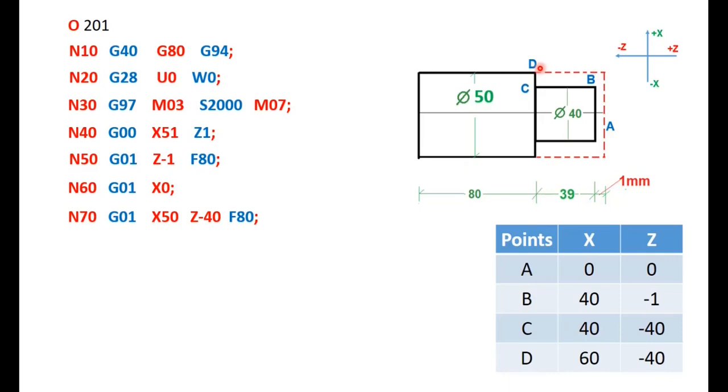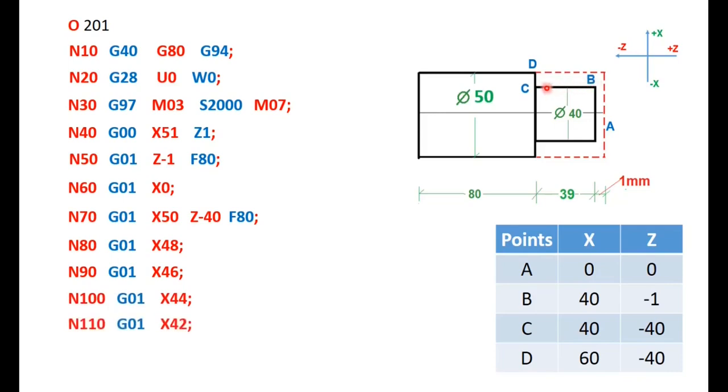Okay. Now that is also linear interpolation. Now I will give X48. So what happens is X is reduced. What I am doing is here 2 mm I'll go on removing. So first I have reduced from 50 to 48. Again I come back, and again I make it 46, 44. Like this I will go on achieving till X40.